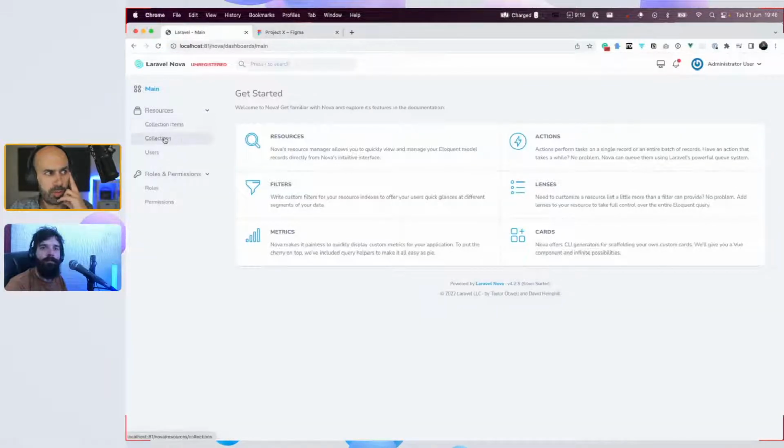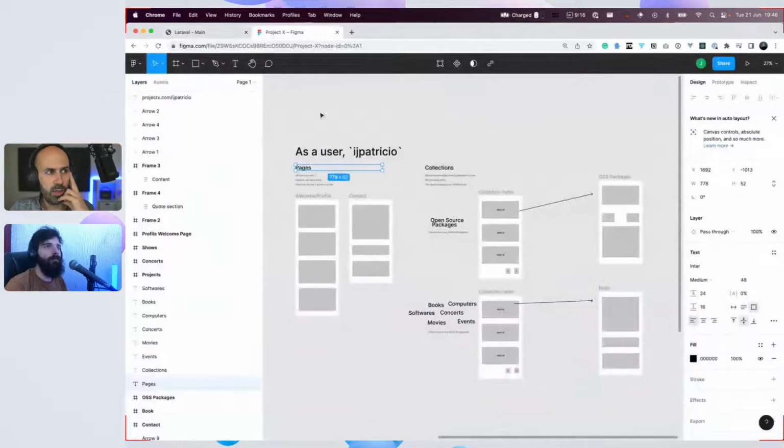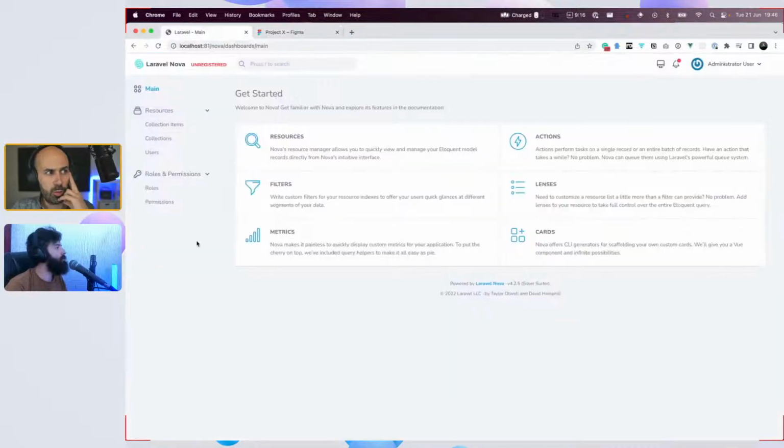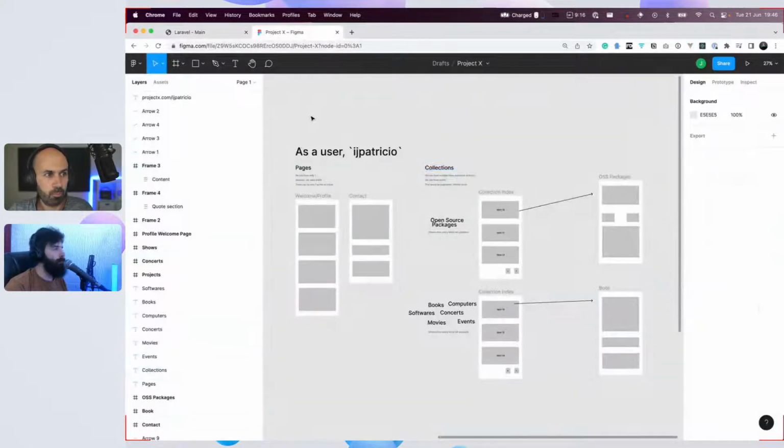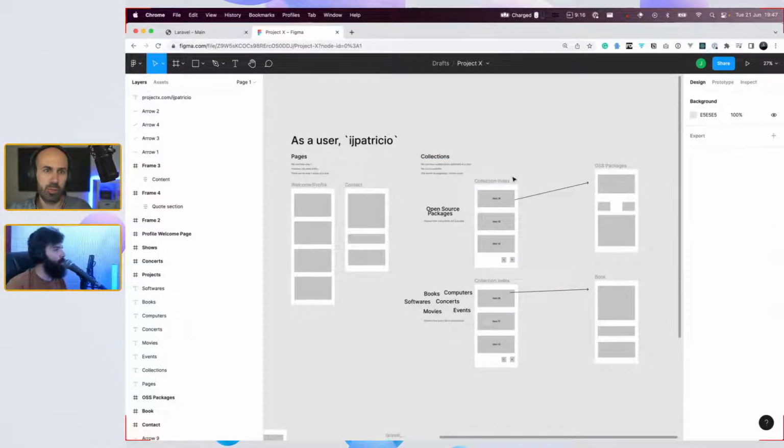The user will have a pages entry right here and also a collections entry. We still have all of them like the default Nova menu, but of course these will get configured and that's it. Even if they know the URL they cannot enter, because we already protected that. So, of course, users will just see what makes sense to show. Got it. Did I do well with the logic?